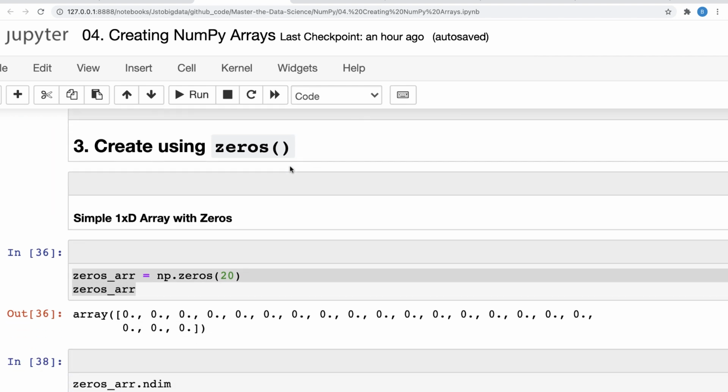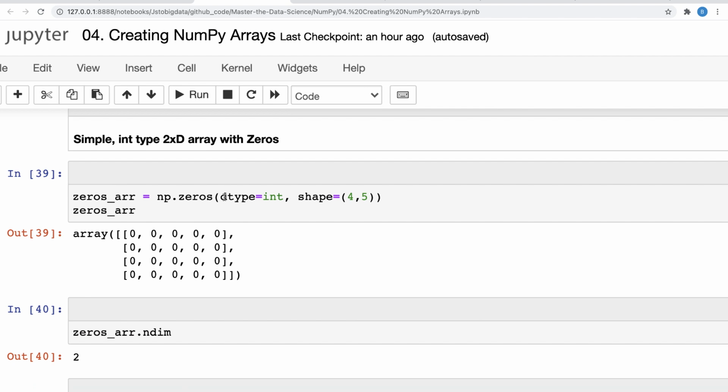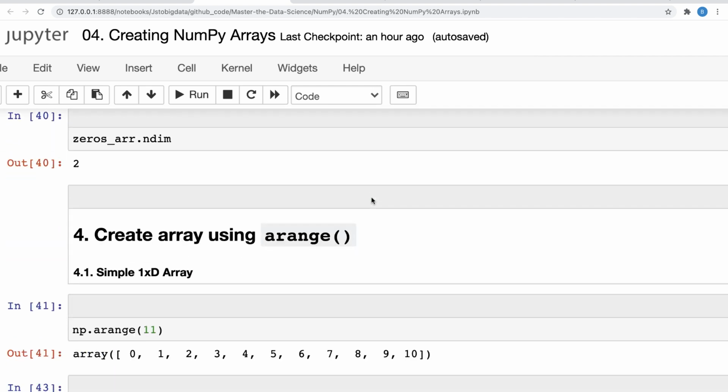And then we checked how to create an array which is filled with zeros, and we have also seen how to change the data type. You can either use astype, or you can just pass the data type while creating it, right? That will convert it into the shape and the type that you specify.